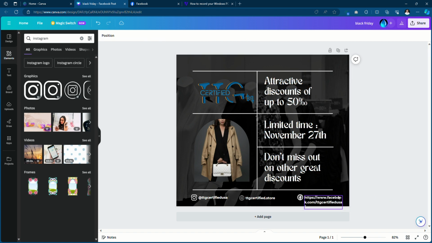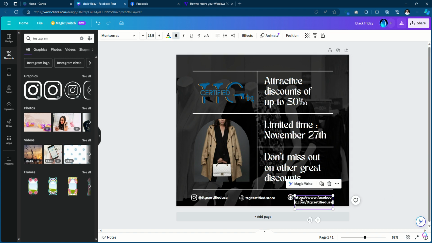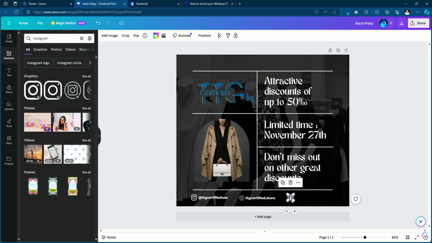Okay, I think this is too long, and also the link, I think the link is too long, and let's just change it to our email account rather than Facebook, since we're going to post this in Facebook and we don't need to put the link of our Facebook because we're already posting it on our Facebook account.